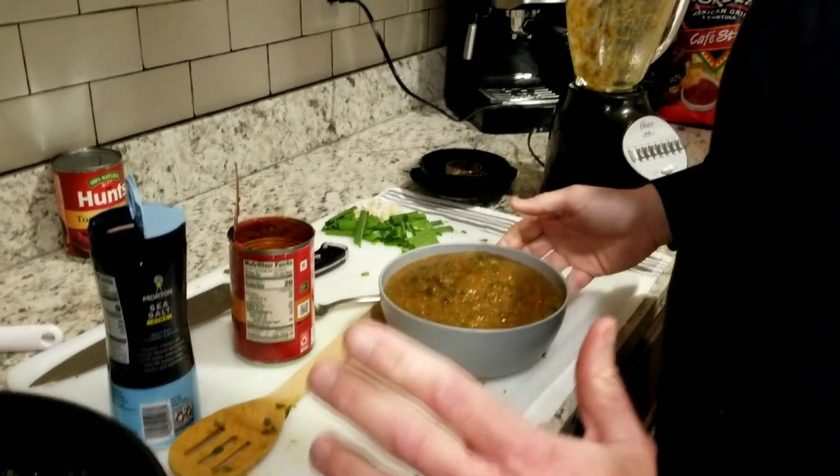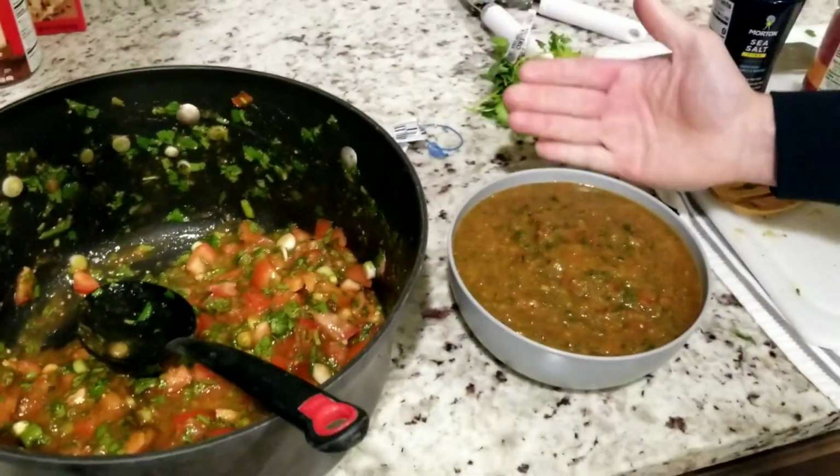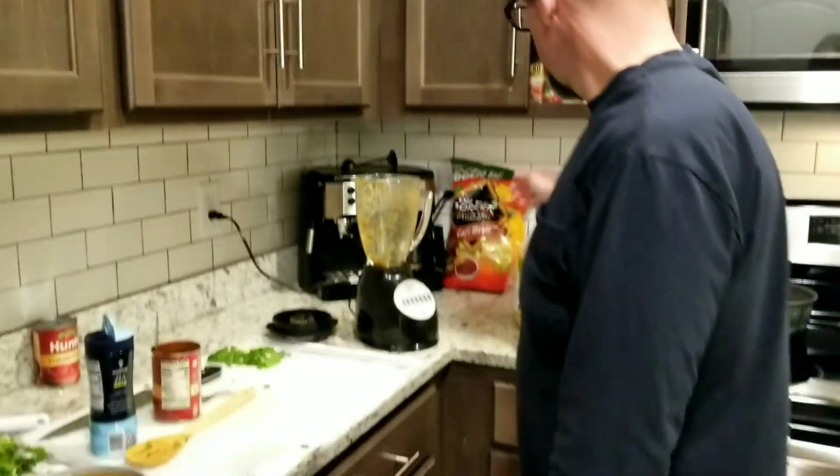So like I said, salt to flavor. You can see the difference. Chunky salsa, smooth salsa. So that's pretty much it. That's a real basic way to make salsa. Very flavorful. In fact,